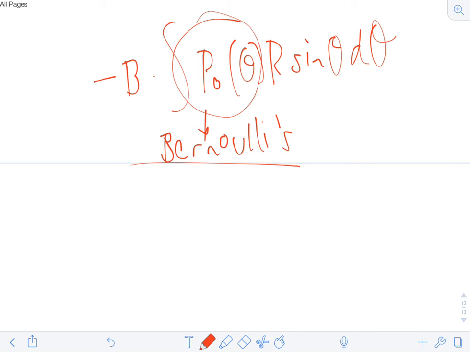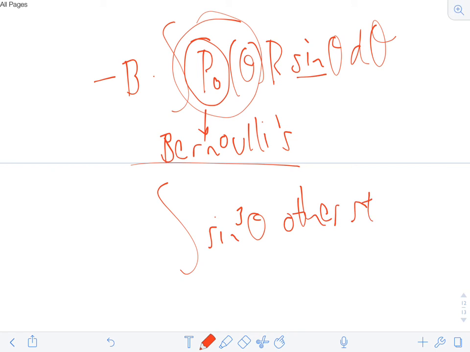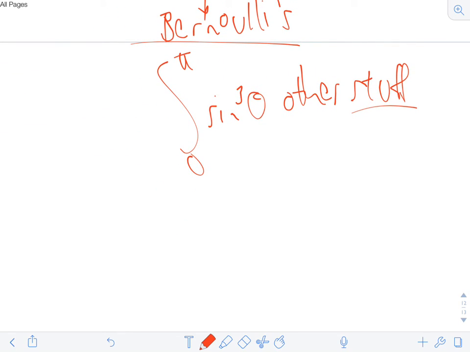You can see here that P of theta is related through Bernoulli's to the velocity squared. The velocity contains a sine theta, so you're going to get a sine squared theta, and you also have a sine theta here. So at some point this integral is going to involve sine cubed theta and other terms. So you either have to run back to your calc book and see what the integral of sine cubed theta from 0 to pi is. The other alternative I would suggest, unless it's good practice to do this, is if you want to take a shortcut, the Wolfram Alpha